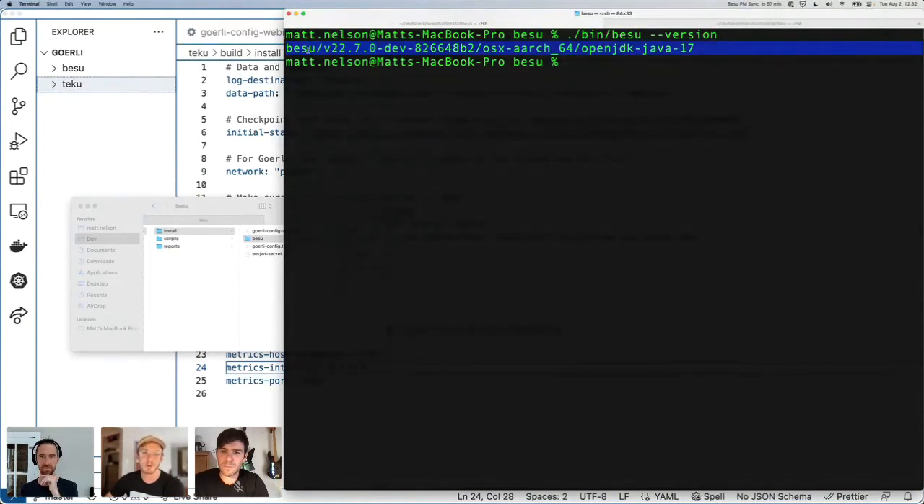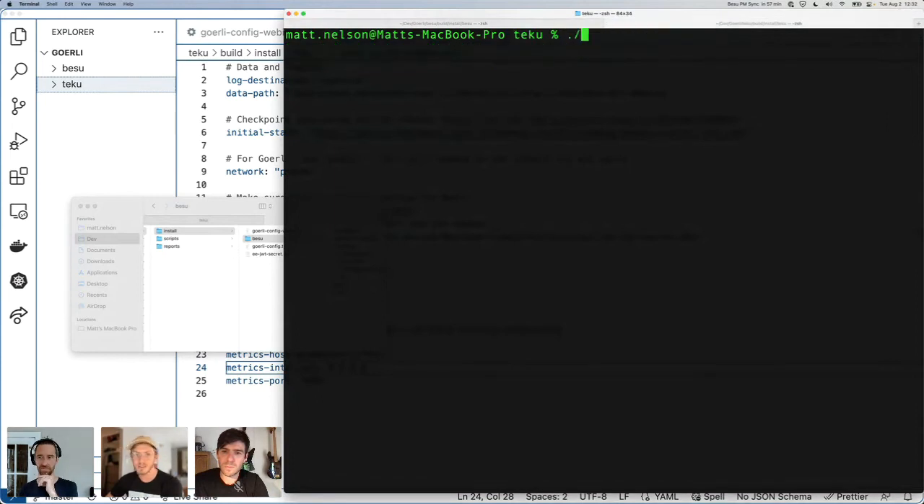Not a lot more stable, but we're putting in some finishing touches to get everything merge ready and squared away. Wait until tomorrow, look for the Besu release, and it's going to be absolutely great. Do the same on the Teku side, just to make sure that everything is running